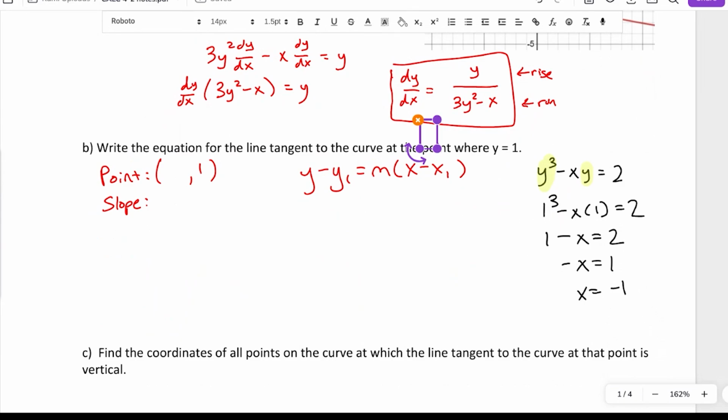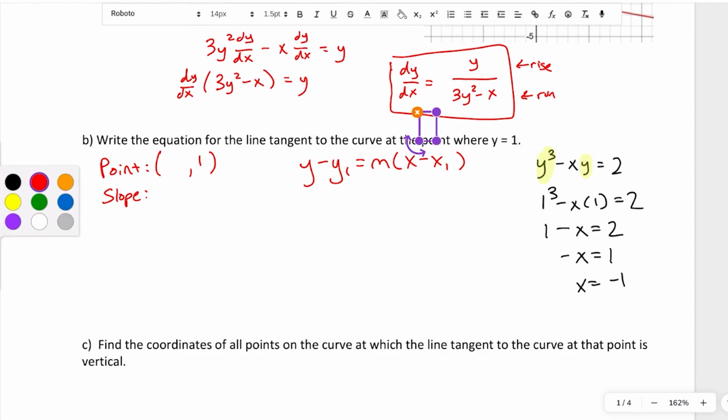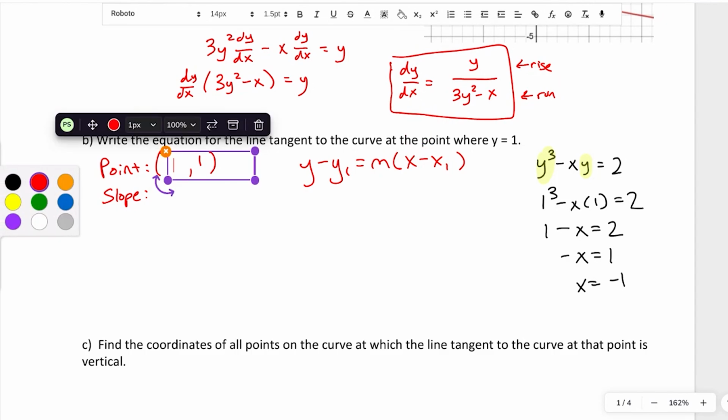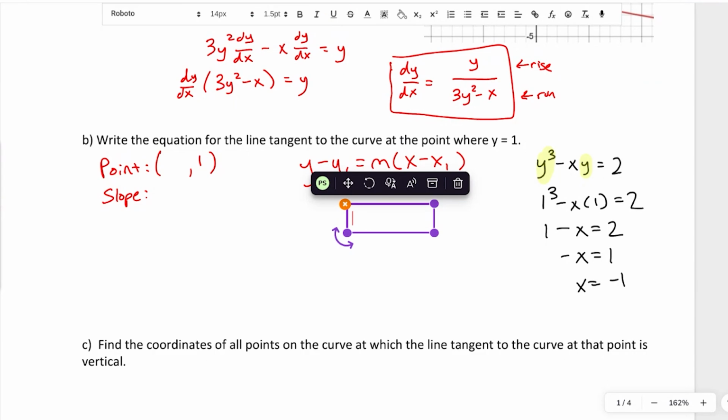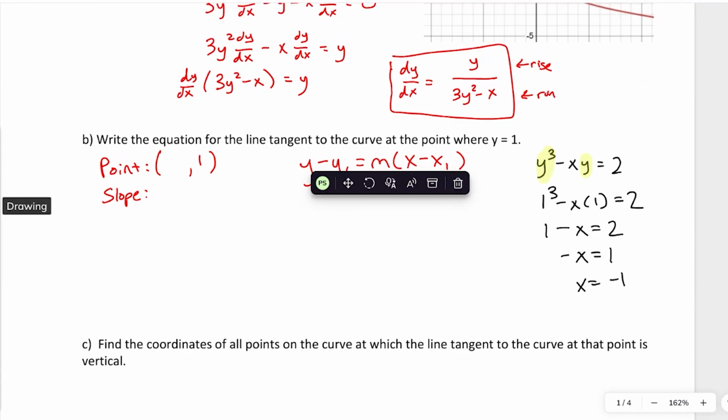Okay, so now we got that x coordinate. It's negative 1. All right, so we got negative 1 as our x coordinate, and now we can use that